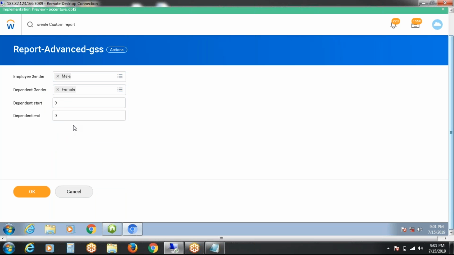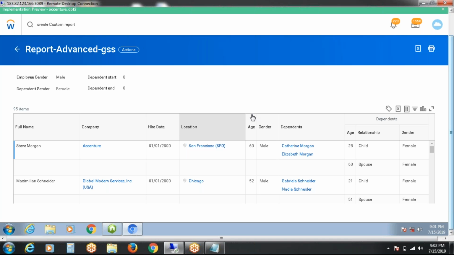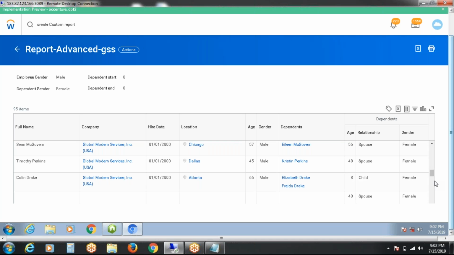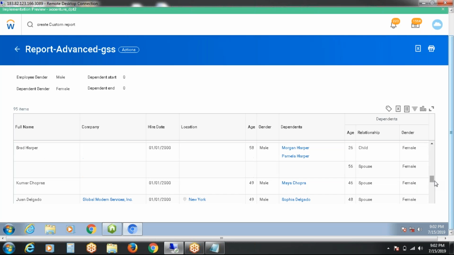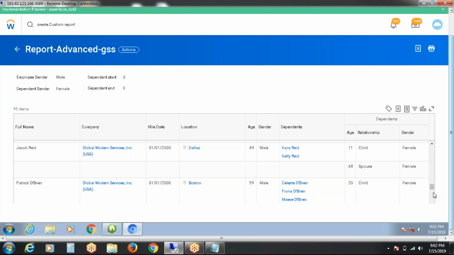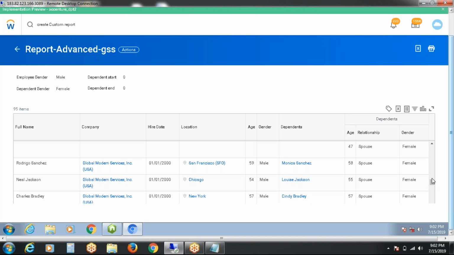I'm not providing any values here because those are soft prompts. Still we will get the results. 60 age is also there. More than 55 employees age group people are there. 56, 58. See, so the filter conditions are working, right?